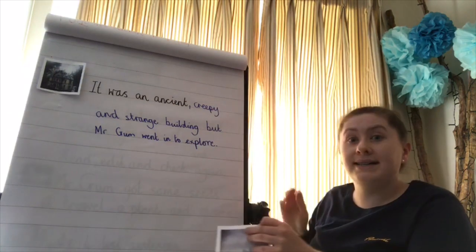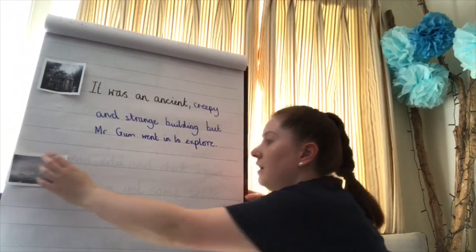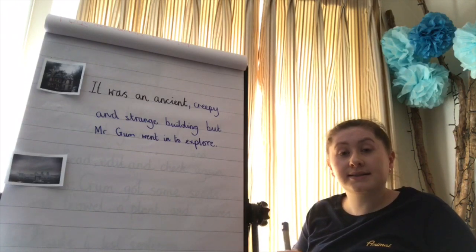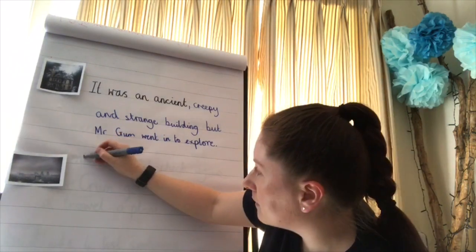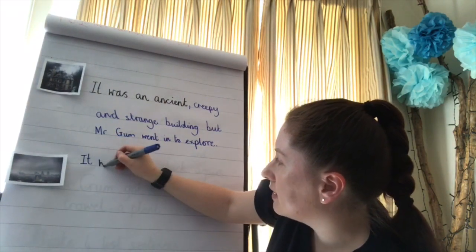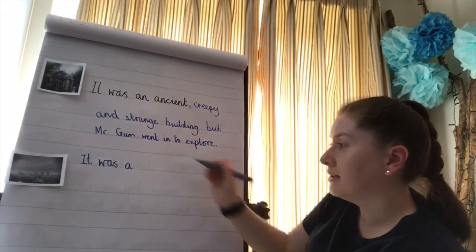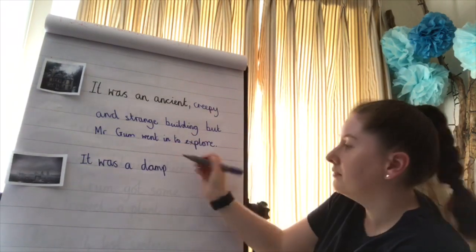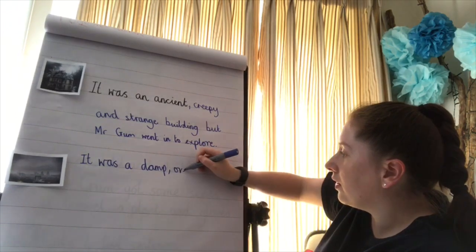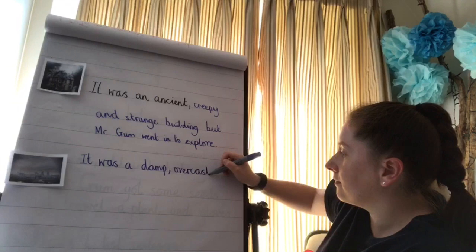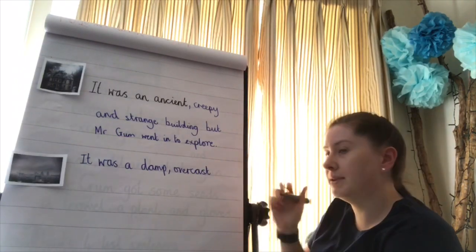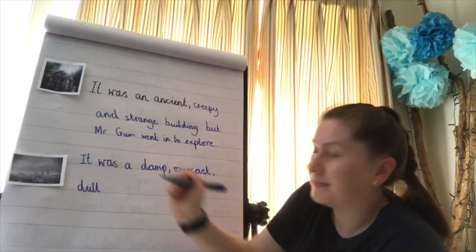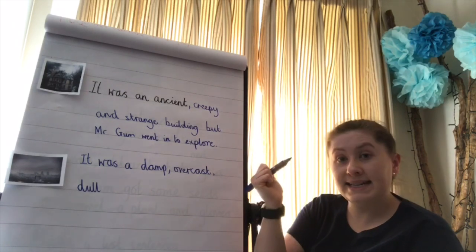Right, let's try together and put our ideas all together. So, remember I'm describing, so I'm going to start with, it was a something, something, something and something day. So I'm going to go for, first of all, it was a damp, a damp overcast, that's my second adjective. Let's get a third one in, we need a comma to separate, damp, overcast, dull, it doesn't look very bright outside, and now I'm going to have my last adjective, so I need my and